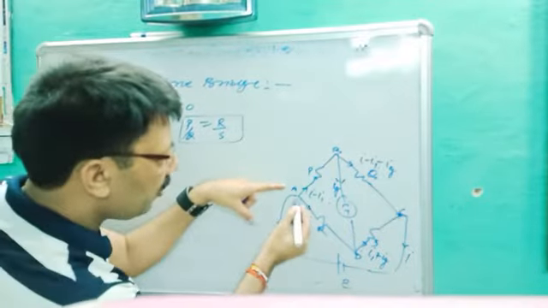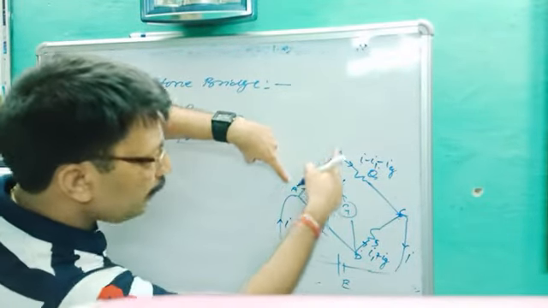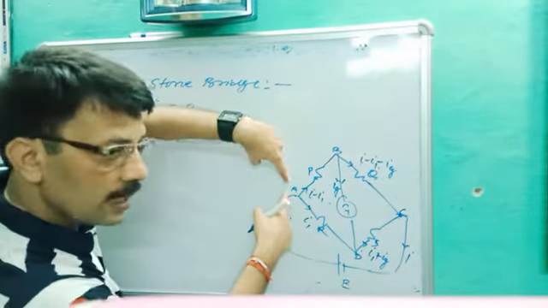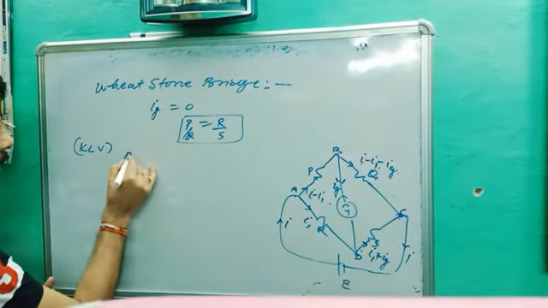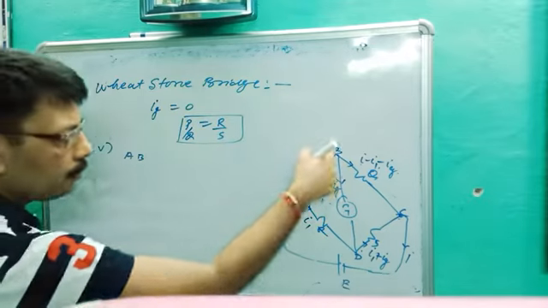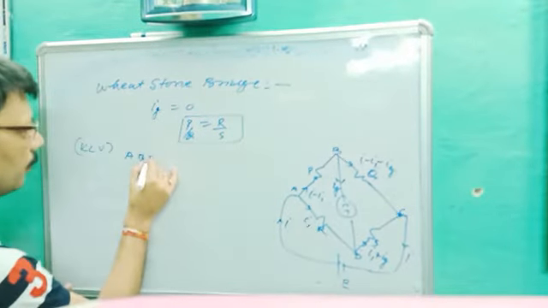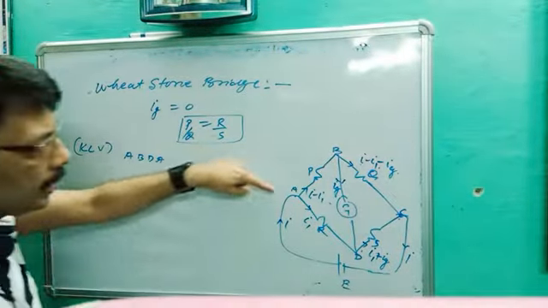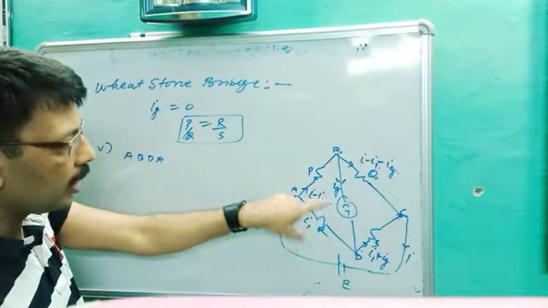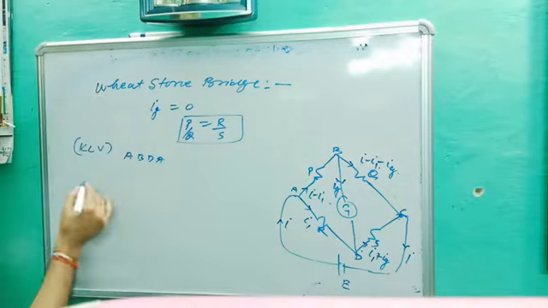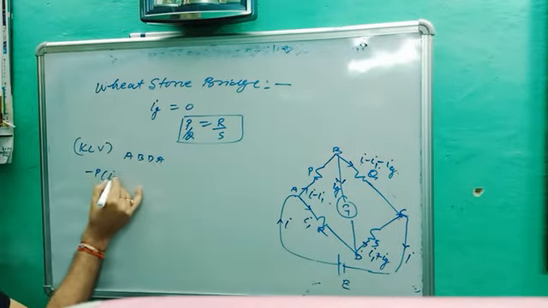Okay. So the first loop we are trying here is A, B, D, A. In the same manner, you have to solve the numericals given in NCERT. So the loop is A, B, D, A. Apply Kirchhoff's law from A to B. Resistance is P and current is I minus I1, and you are moving in the direction of current, so it will be negative. So it will be minus P(I minus I1).